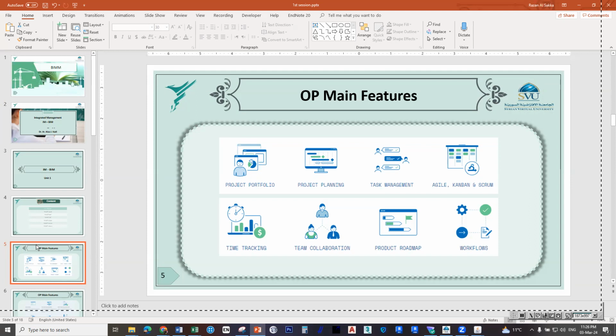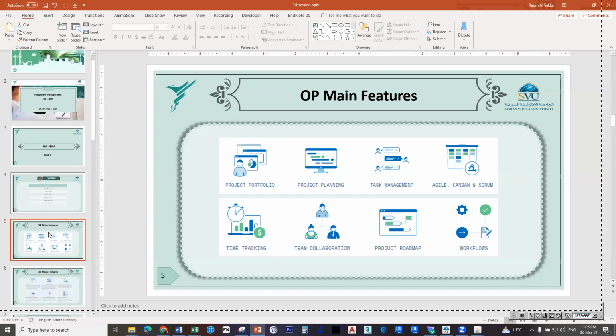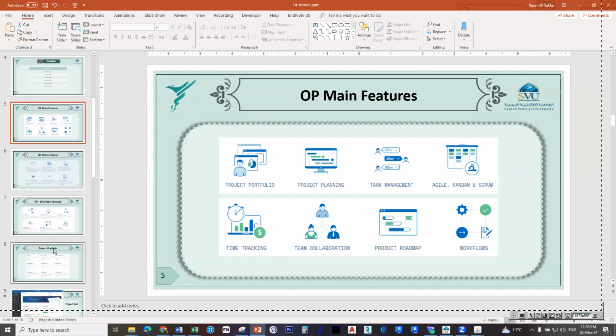and how the project starts, goes through process, is delivered, and finished, closed. So you will have this workflow presented neatly and steadily, so you can use and implement it according to your need within the project. So all these features we will go through one by one, starting by the first